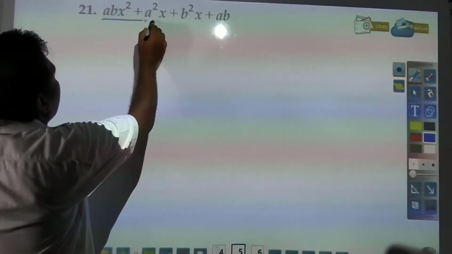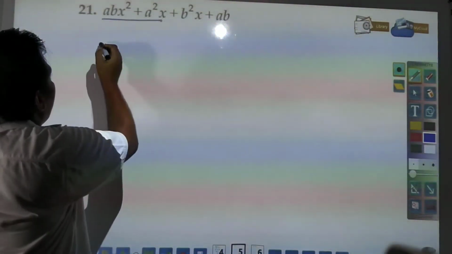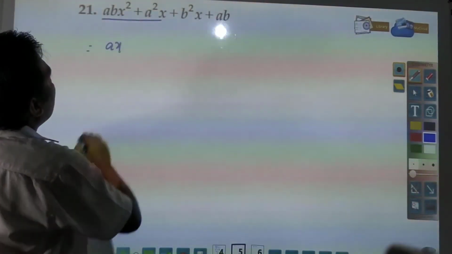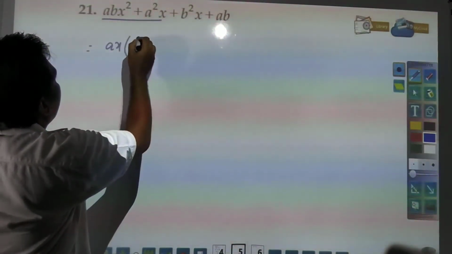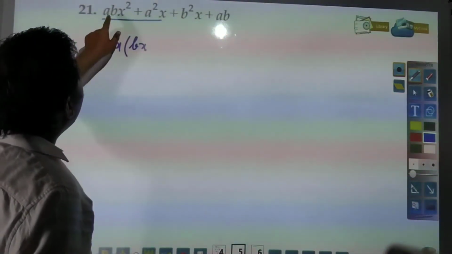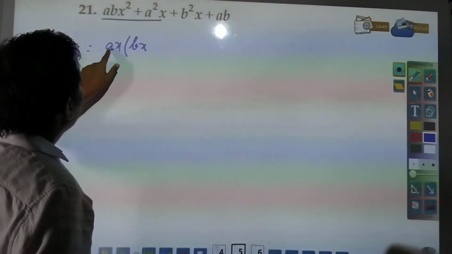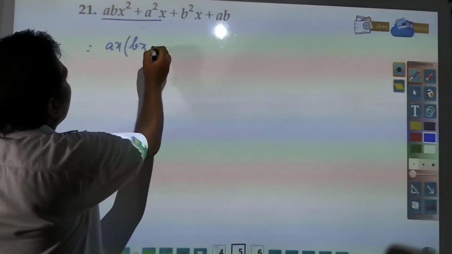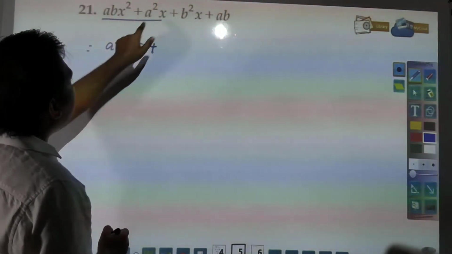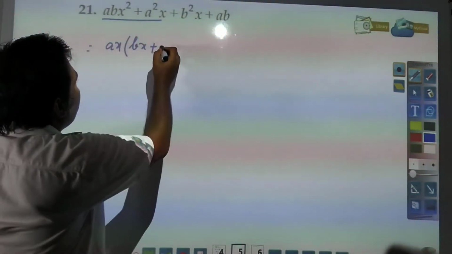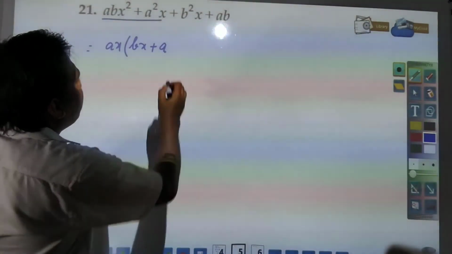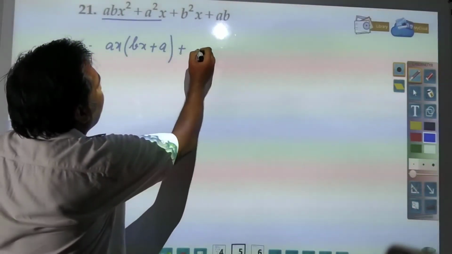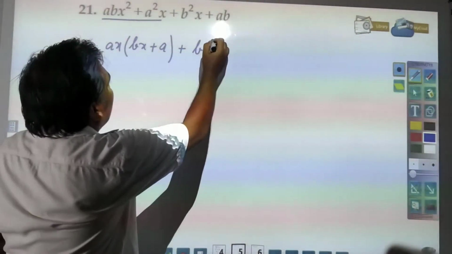Again from here you see what common we can take. We have common a and x, so you will be left with bx. Ax we have taken out, you will be left with bx. You multiply a into b, ab, x into x, x square, plus ax you have taken out, x already you have taken out, a square we have, so you will be left with a. Here in these both terms you see what common you have, so you have common only b, so you will be left with